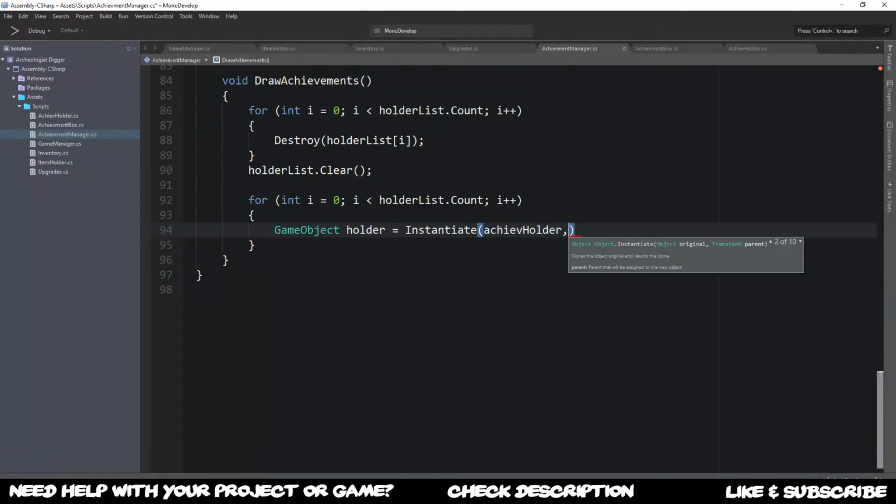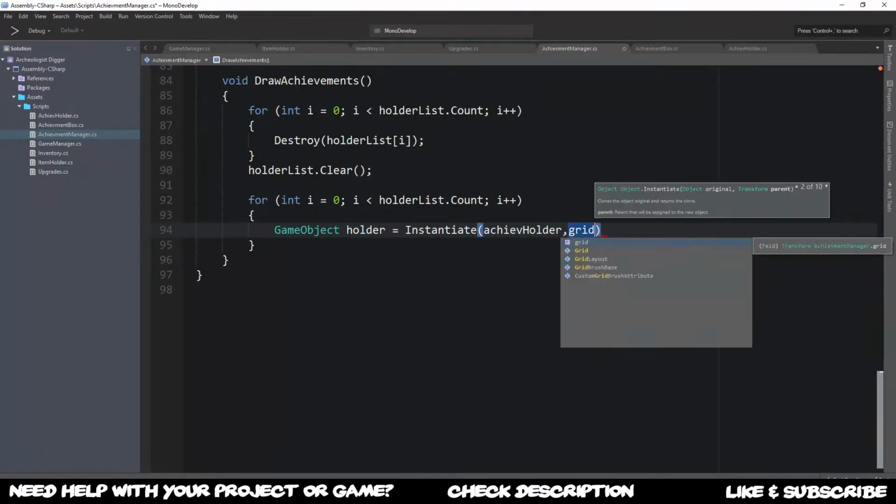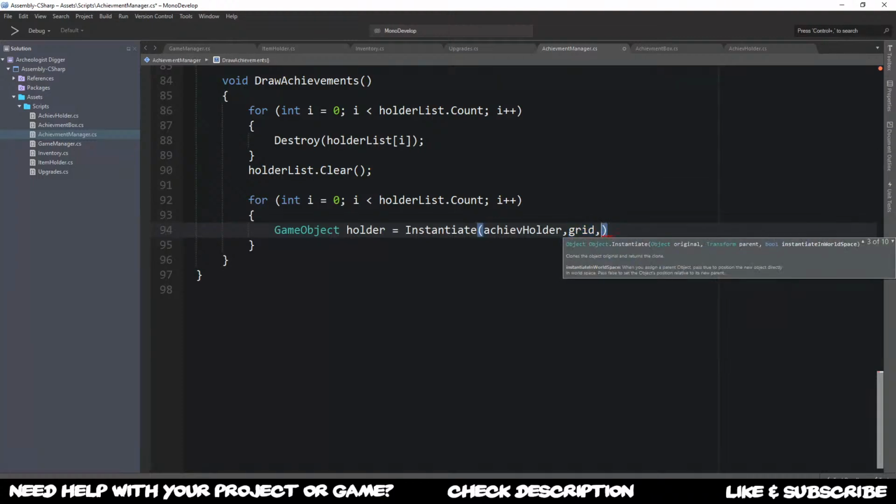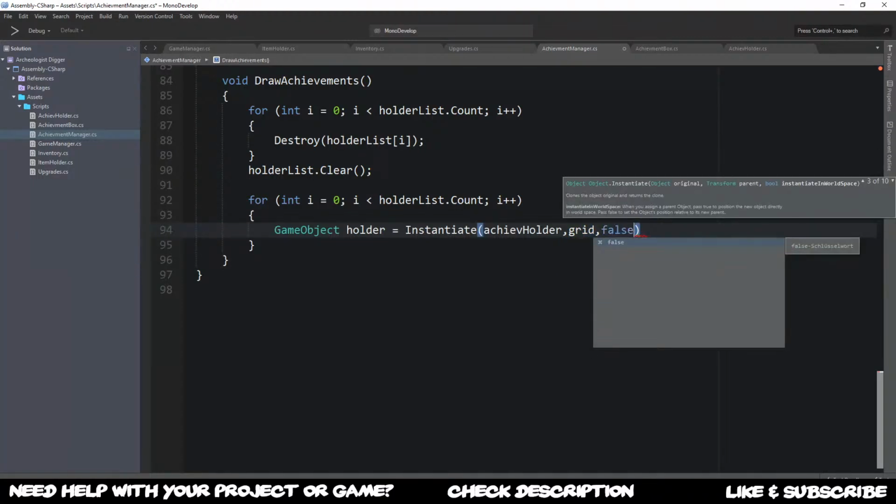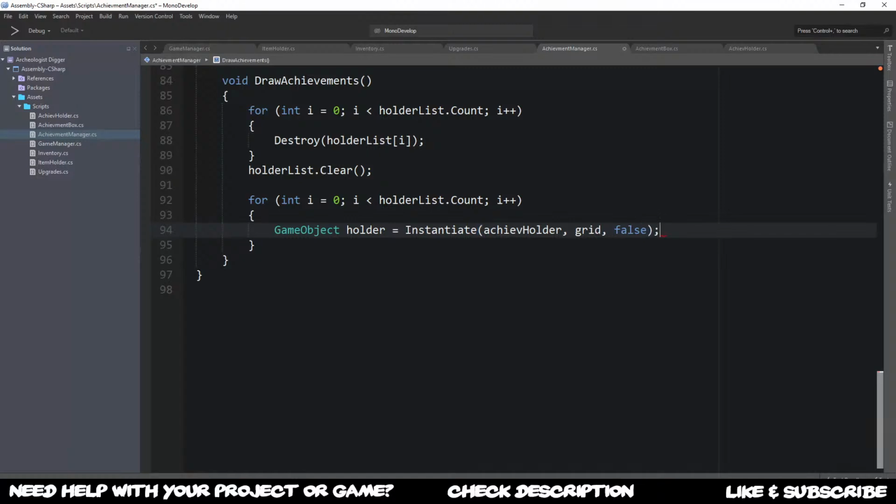In that case, we want to say to our grid is the transform, and then we'll also want to make sure that we hit a false over here. So we don't want to see this in world space, we want to see this in local space. That's why we need to put a false over here, otherwise we have weird scaling going on at this point. Good, so when this is now instantiated, we need to fill in the data into the achievement box,